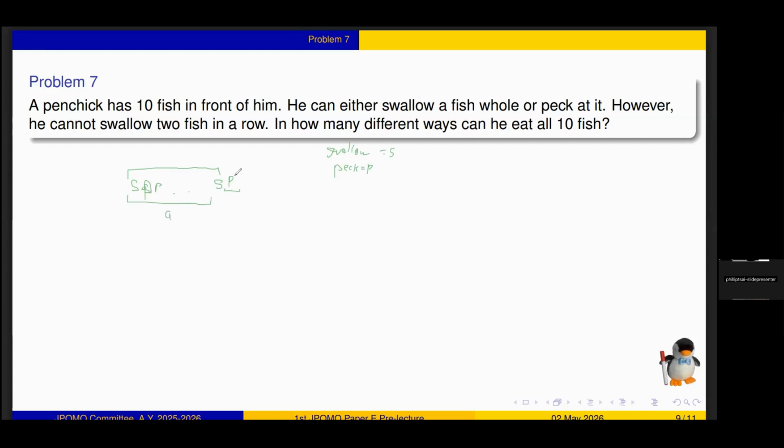So basically, if you have n terms, and a sub n is the number of possible ways you can eat all n fish, then this is just a sub n minus a sub n minus two. How do we know? Because again,